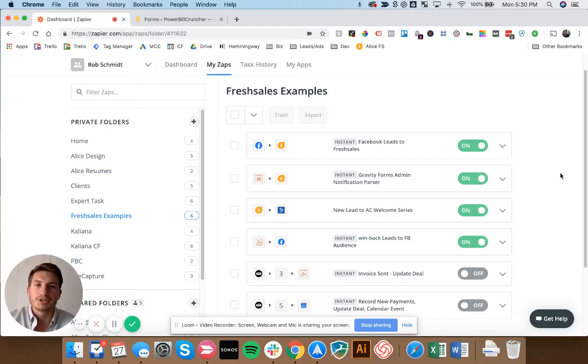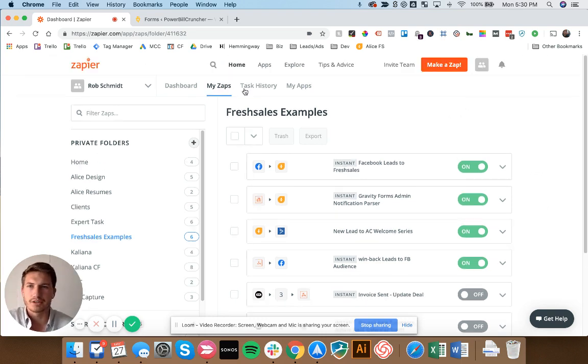Hey guys, I'm going to show you how to connect Gravity Forms with your CRM. For this example, I'm going to be using Fresh Sales, but without having to pay for the Zapier integration. So using the email notification from Gravity Forms. To get started, you'll need to have a Zapier account, but assuming that you're set up with Zapier,